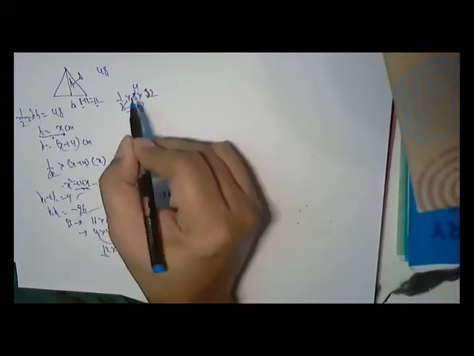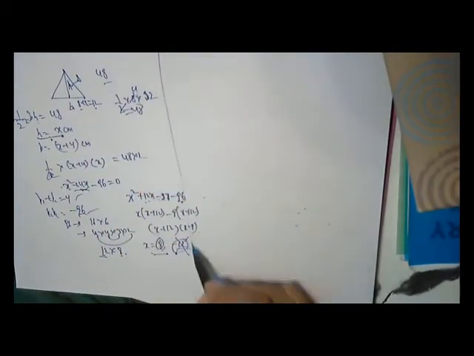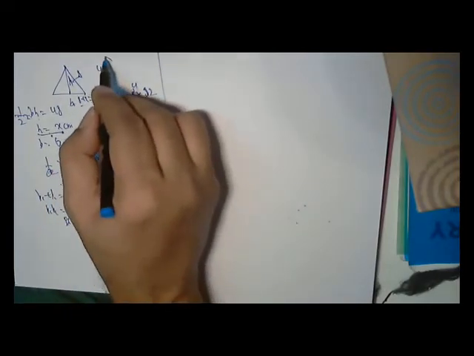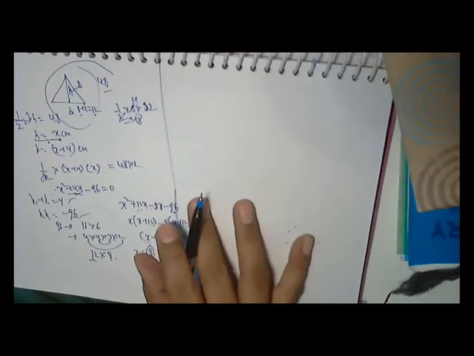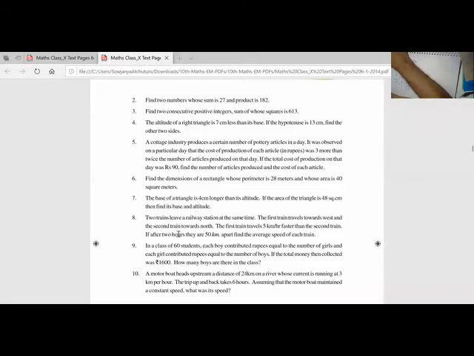12 4s are 48. So my area is correct. So here, what knowledge should I have? I should have knowledge of a triangle's area formula. Then I can convert it into a quadratic and find the answer. Okay. Now let us see this problem.